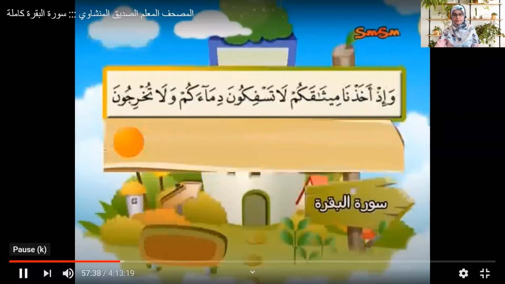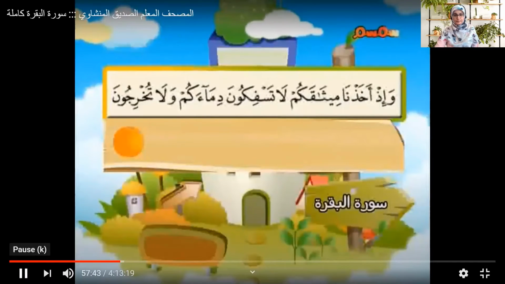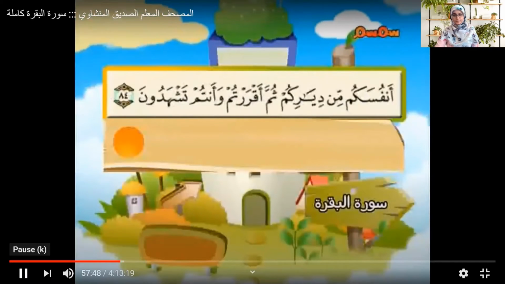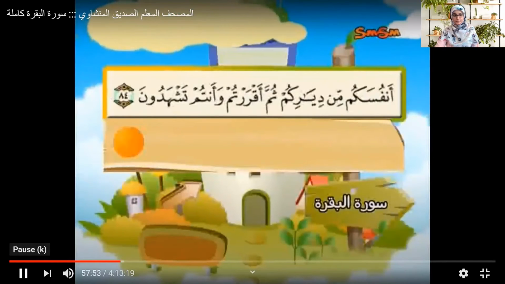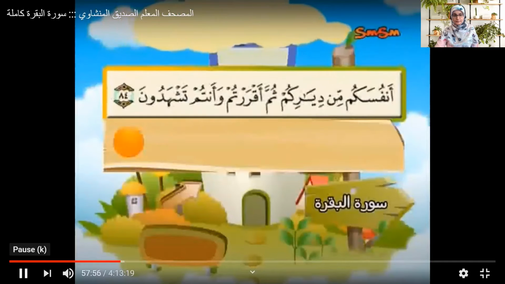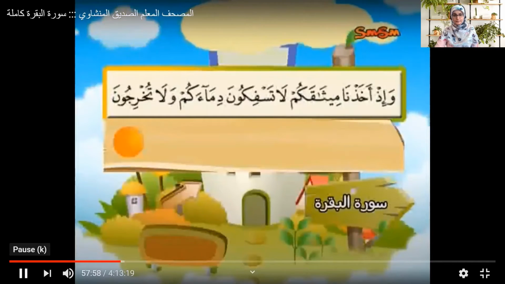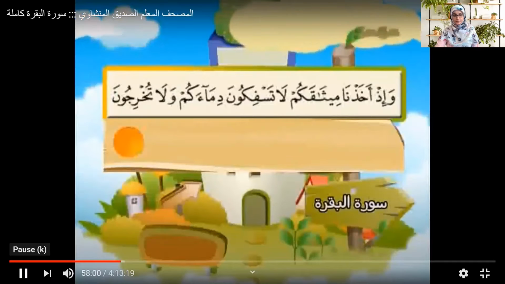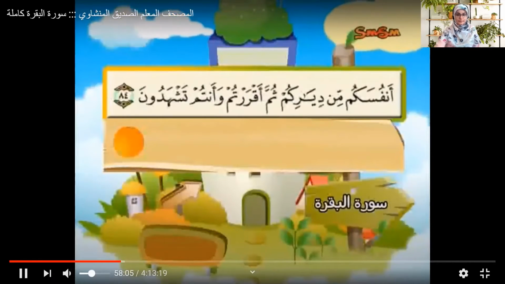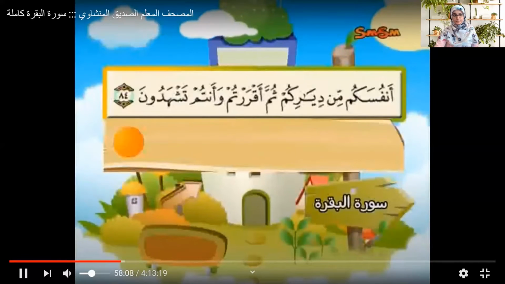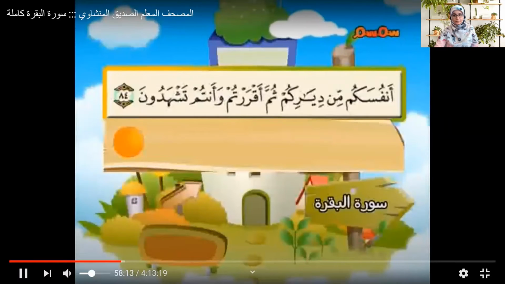وإذ أخذنا ميثاقكم لا تسفكون دماءكم ولا تخرجون أنفسكم من دياركم ثم أقررتم وأنتم تشهدون وإذ أخذنا ميثاقكم لا تسفكون دماءكم ولا تخرجون أنفسكم من دياركم ثم أقررتم وأنتم تشهدون